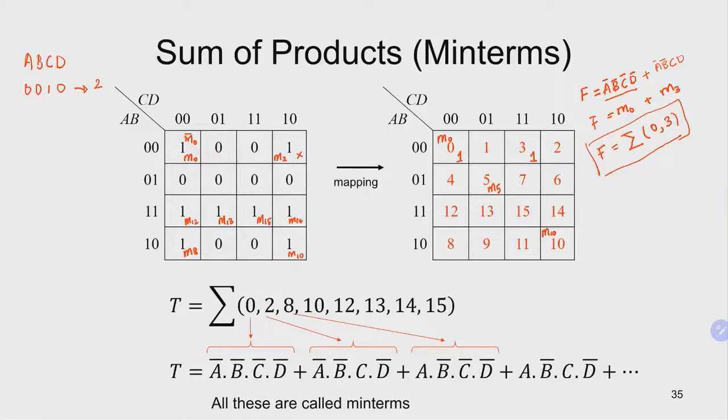So whenever you have a 0 in the minterms, we'll have a max term in the POS or product of sum. So the equivalence of this in the truth table